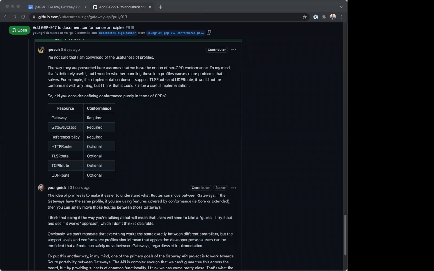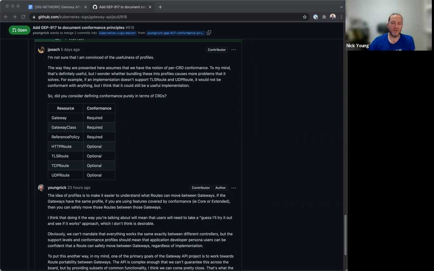To me, that actually makes the profiles even less valuable. Core is core. You have to support core. I think literally all the conformance profiles are... so I probably should just update this to make conformance profiles less of a thing. They are syntactic sugar. They are how we're probably going to end up talking about these things anyway.